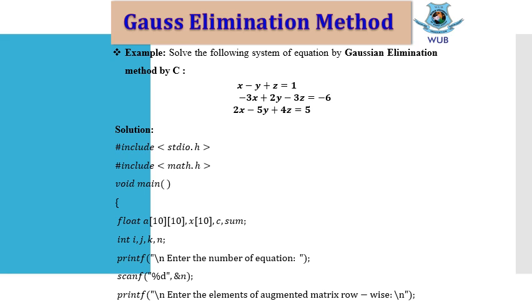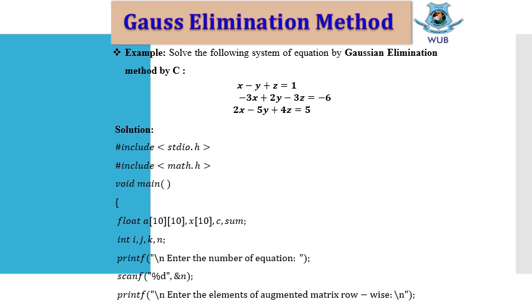At first, we need to write the header files, which are stdio.h and math.h. Then we start our main program and declare the variables which we need. There are some float variables and integer type variables. Then take the input from the keyboard, that means the number of equations. Then